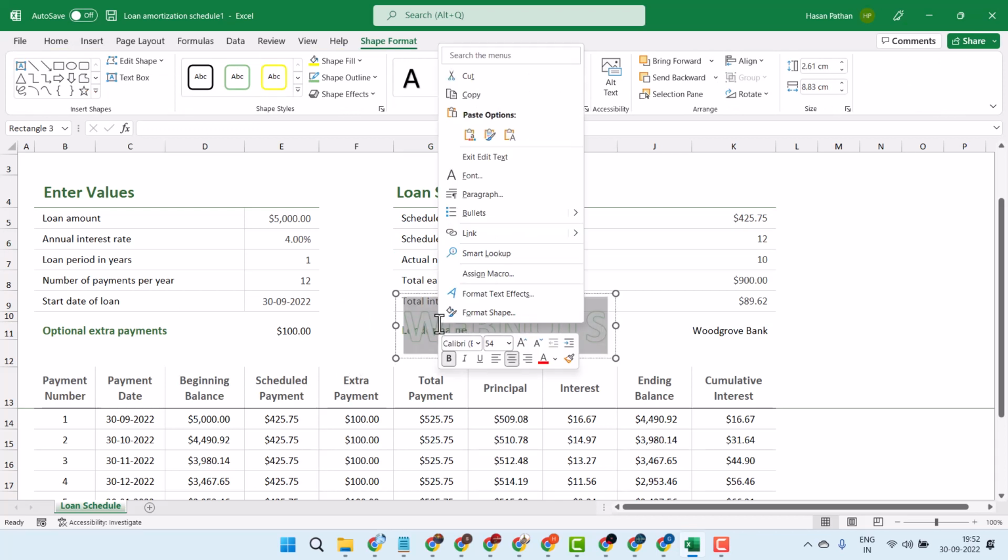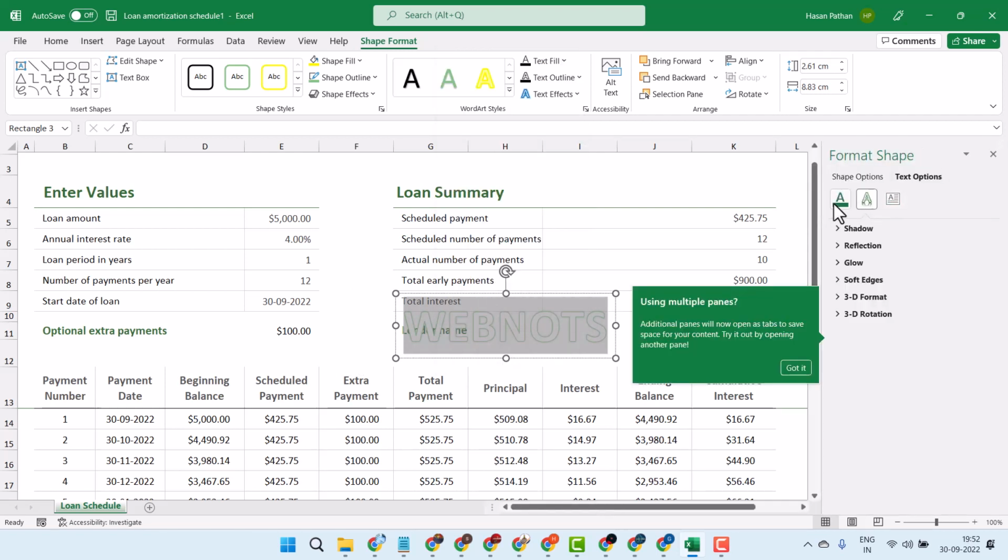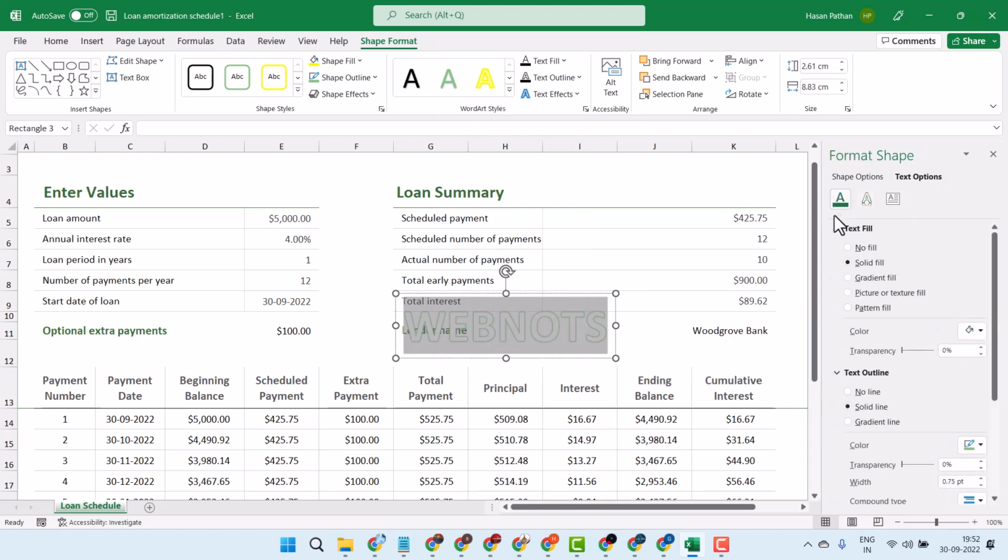Now right click on it. Then click on Format Text Effects. Click on this first A icon, text fill and outline. Select here solid fill,